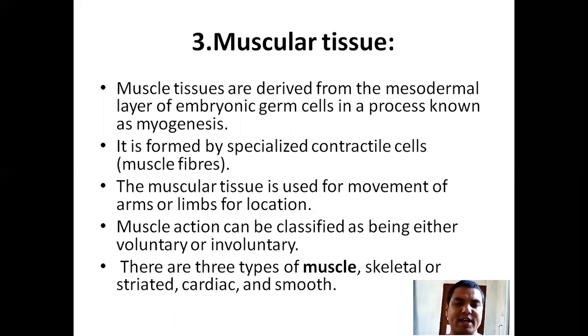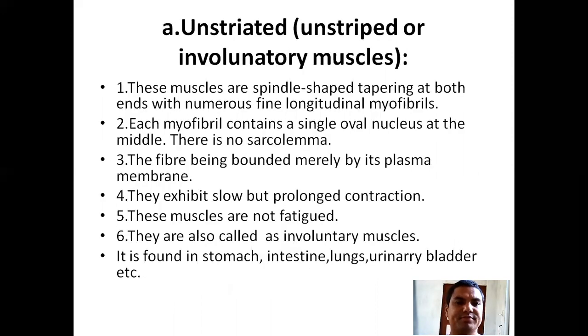Muscle action can be classified as being either voluntary or involuntary. There are three types of muscles: skeletal muscles, cardiac muscles, and smooth muscles. First of all,